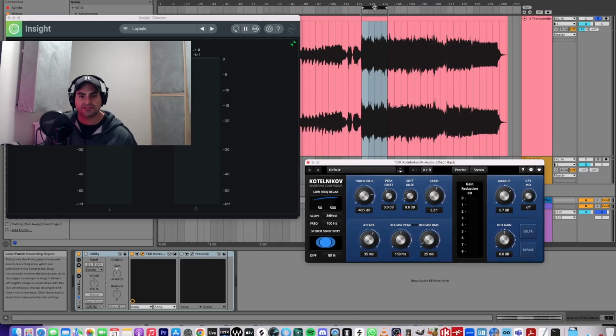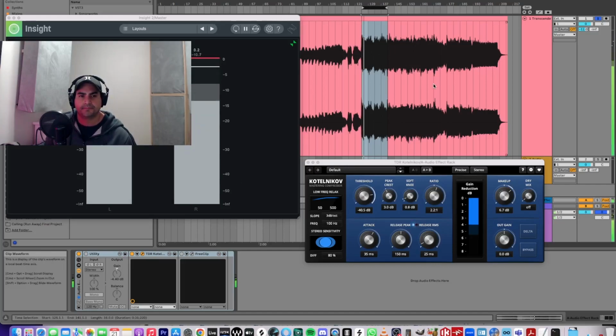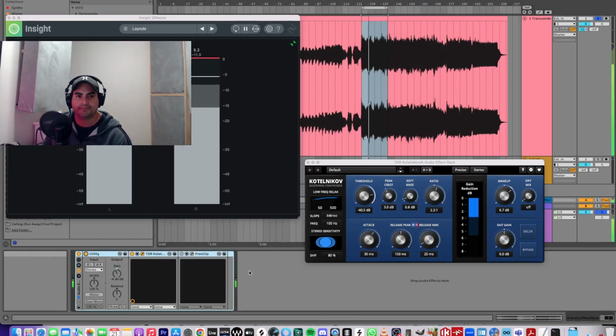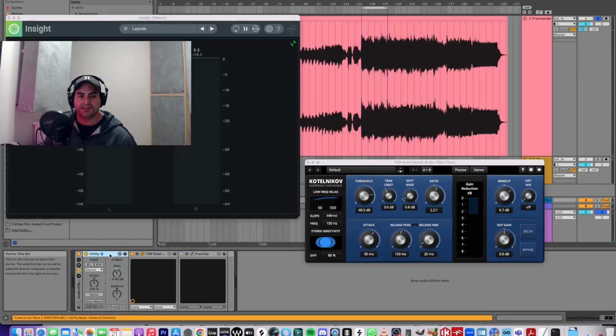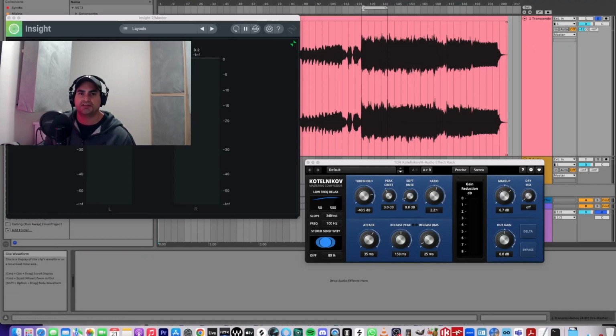So basically if we just run this compressor, we'll have a look once again at the peak level and then measure it out. So we've got about minus 11 there. And now we're roughly sitting at about the same volume. So what we've done is just put a utility plugin in here and then slowly introduce some more or reduce some of the gain. And we can add either by utility plugin, or you can do it by the actual volume in here as well. So if we run this